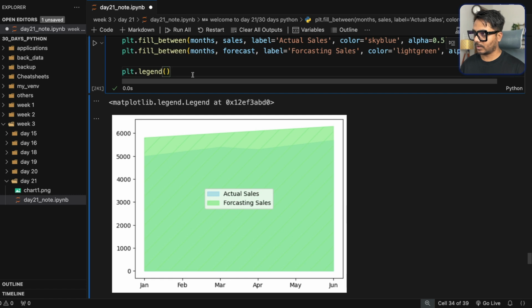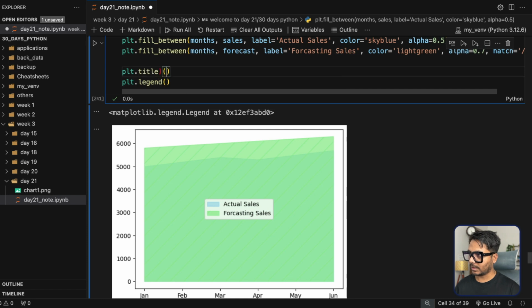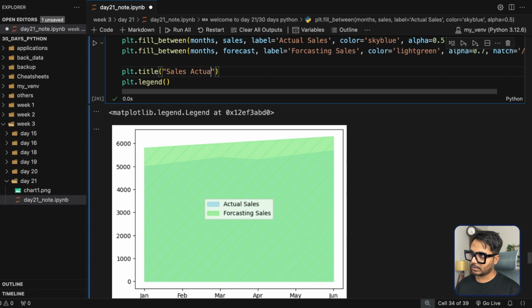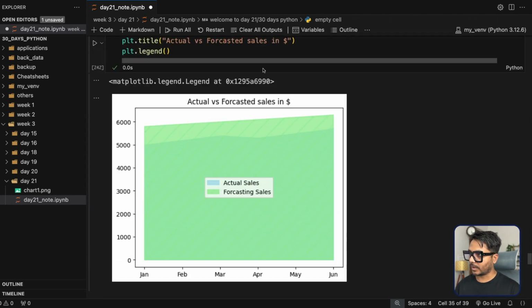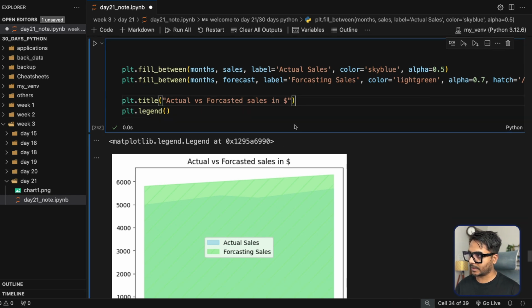Let's go ahead and add a title. So we'll say plt.title, and we can give a name called sales actual vs forecasted sales, in maybe dollars. We can add a label for the y-axis, which is the sales in millions, maybe something like this,